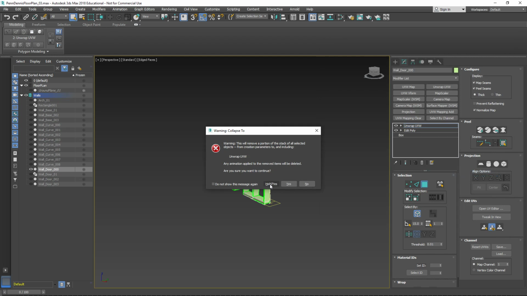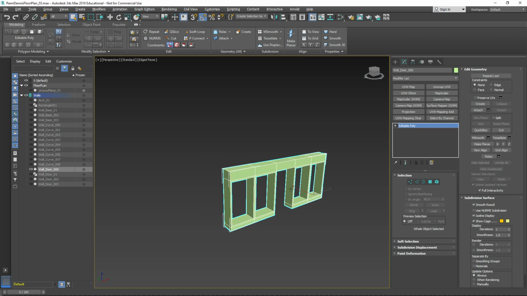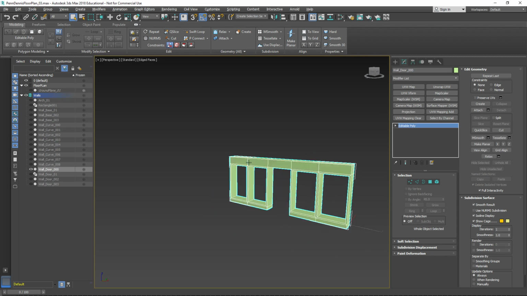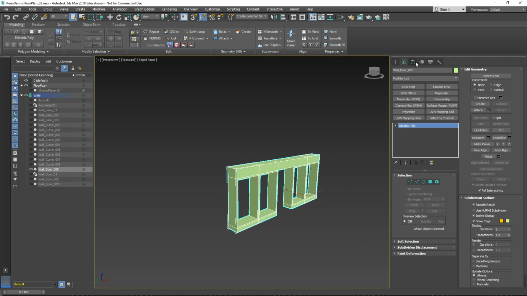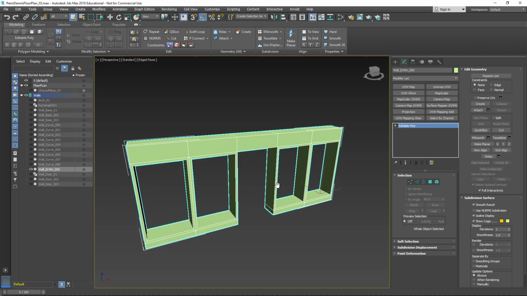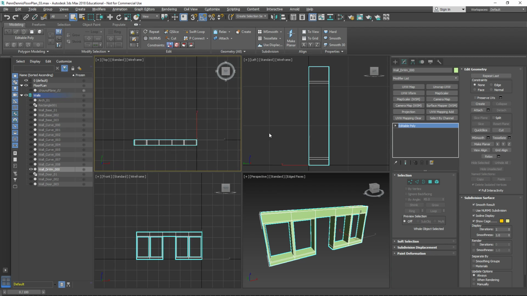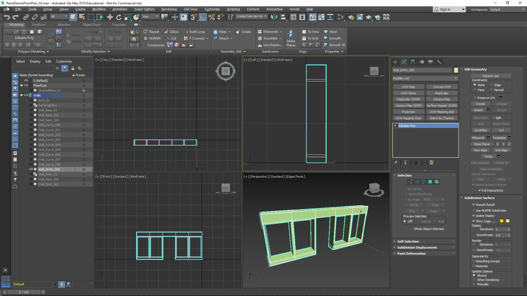Collapse. So there's a wall door with no windows in it. I'll rename it door window. There we go. All right, so now we want that set up. Let's make sure it's in the right spot. It looks like everything's right where I need it. We're going to export that out